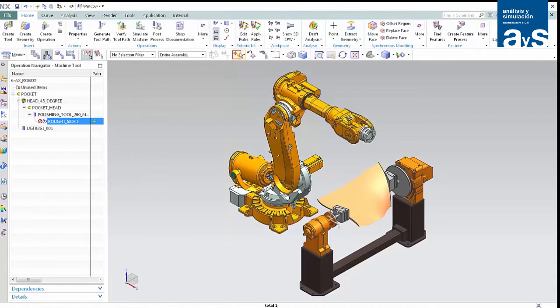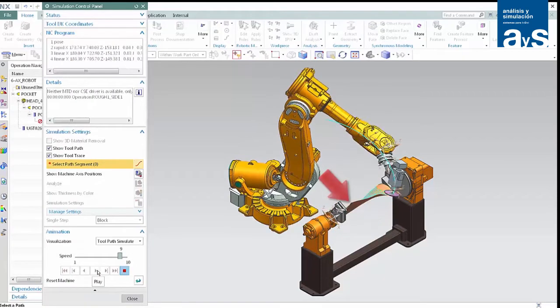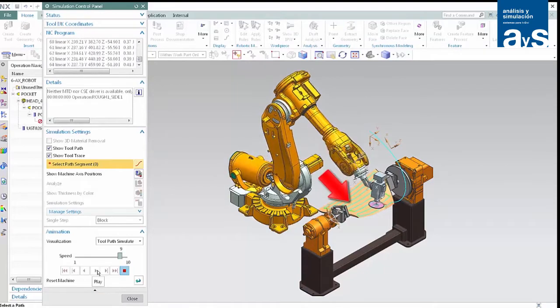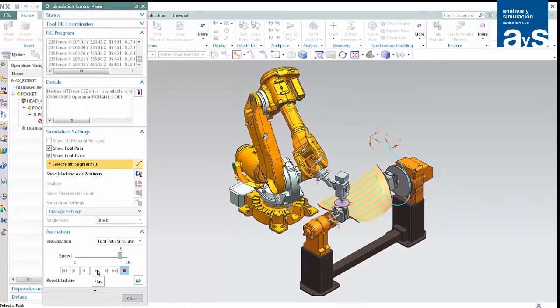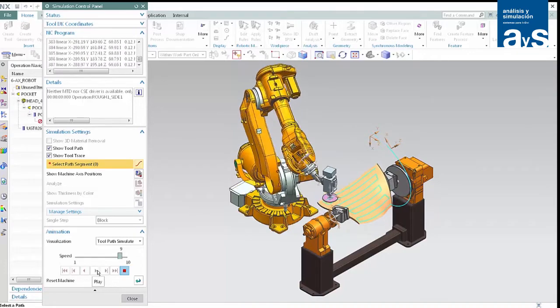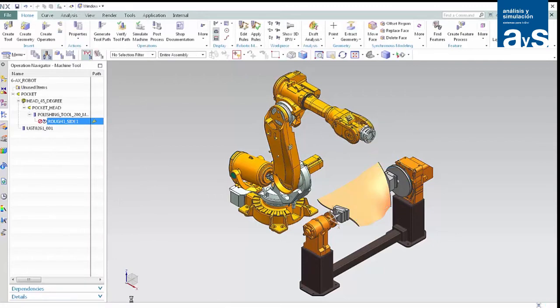Click Apply Rules. Click Simulate Machine. Click Play. The positioner tilts the blade, allowing the head to remain vertical as specified. Collisions and singularities have been removed. Click Close. We'll complete the simulation by specifying non-cutting moves that will allow us to safely rotate the blade and